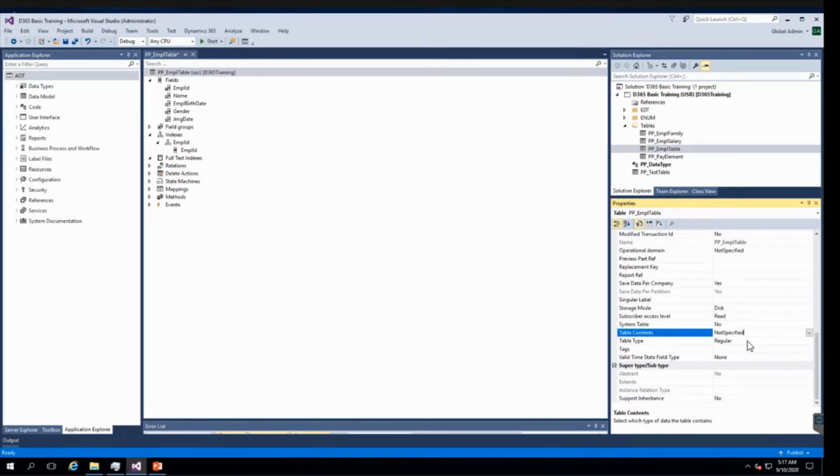So now the next property is table type. This is also a very important property. This specifies what the type of table is. Regular means it is a permanent table, so this table is our permanent table. So we will specify this as a regular table. Now we have two more options, in memory and tempdb. In the last version, in memory we used to call a temporary table. So this is the same in memory concept.